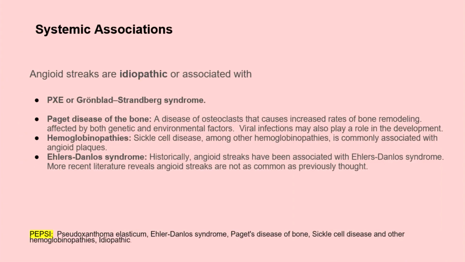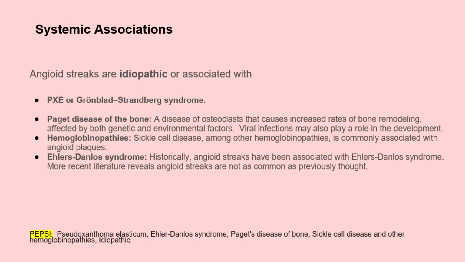Angioid streaks can be idiopathic or systemically associated. The most common is Pseudoxanthoma elasticum. I'll elaborate on it a little later. The next is Paget's disease of the bone. It is a disease of the osteoclast that causes an increased rate of bone remodeling, thereby causing deposition of calcium